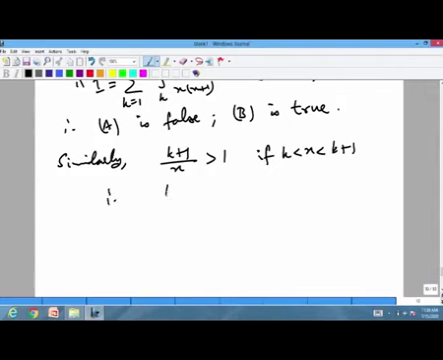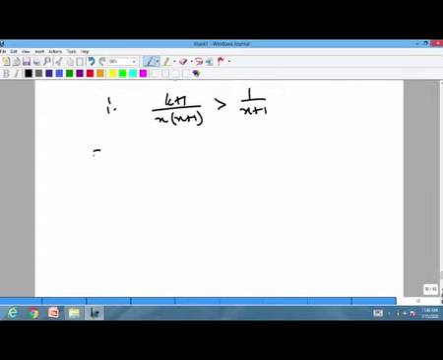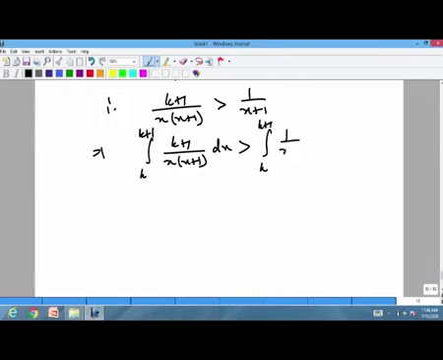So, therefore, k plus 1 by x times x plus 1, this is bigger than 1 by x plus 1. And now, if I integrate this, an integral of k to k plus 1, k plus 1 by x times x plus 1 dx, this will be greater than integral of k to k plus 1 of 1 by x plus 1 dx, and therefore,